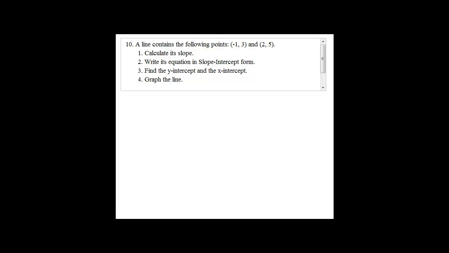So let's take a look at the first question here. We have a line that contains the following 2 points, and we want to calculate the slope. First of all, we need to know the formula for the slope. Let's start with that. Slope, also referred to as m, is equal to